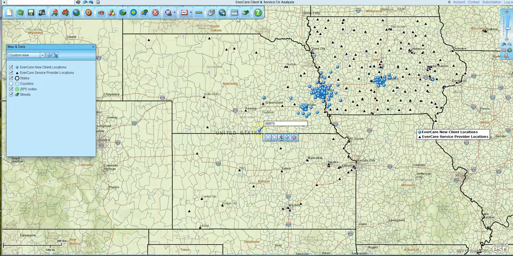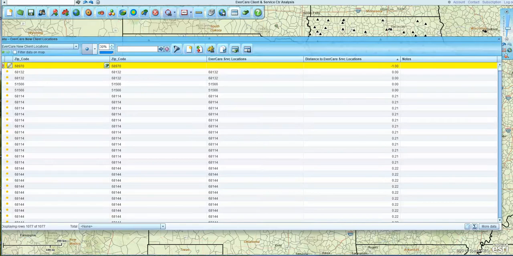Once you've got that data in Map Business Online, you can export it out and use it outside of the